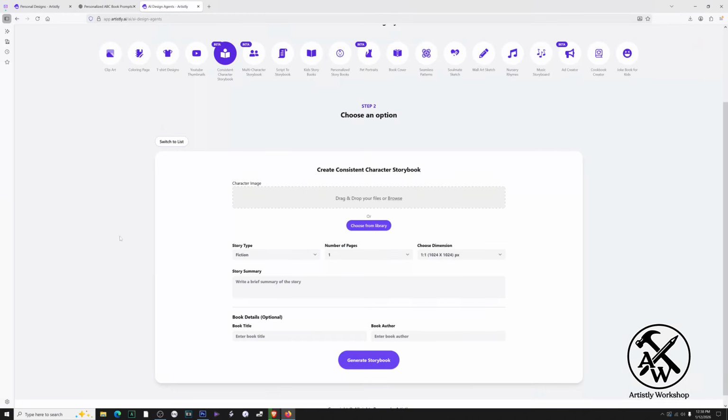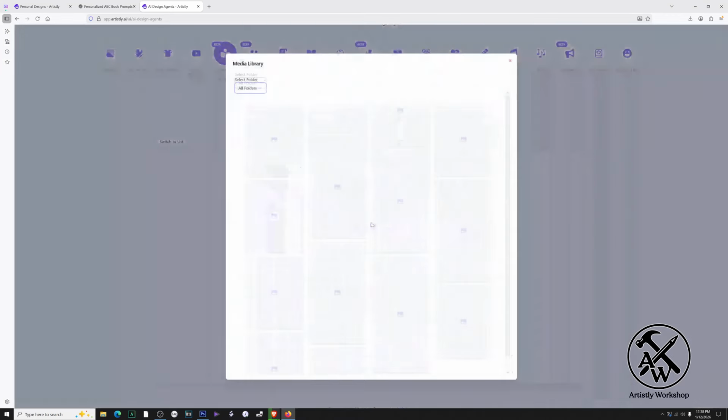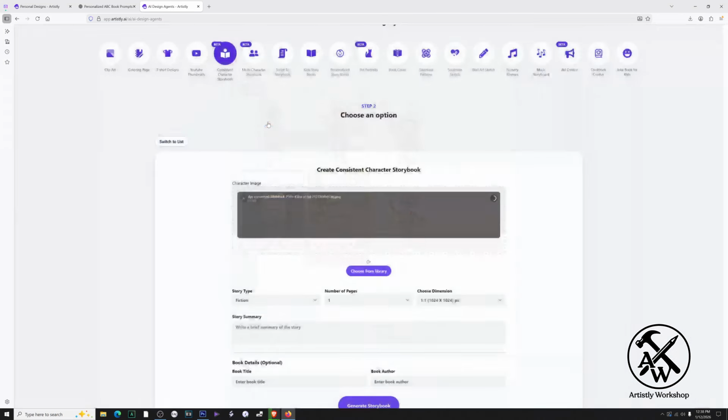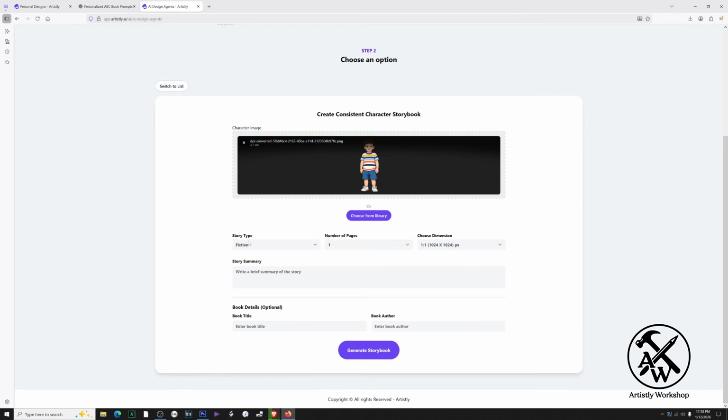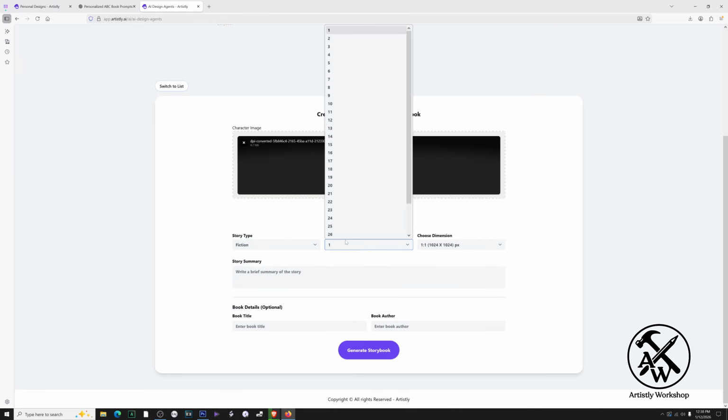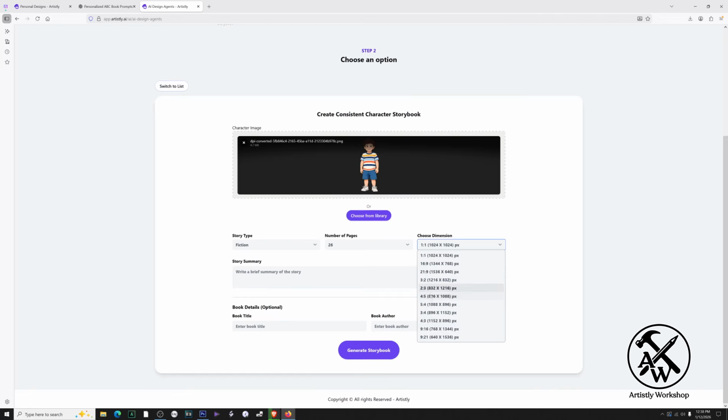Copy. Now, for the character image, we're going to go here, choose from our library. We're going to get our storybook illustration, Josh. Story type does not matter. You could set it for anything because we're giving it a script, not a summary. And we're going to say 26 pages. We're going to set it in 3 to 4. And